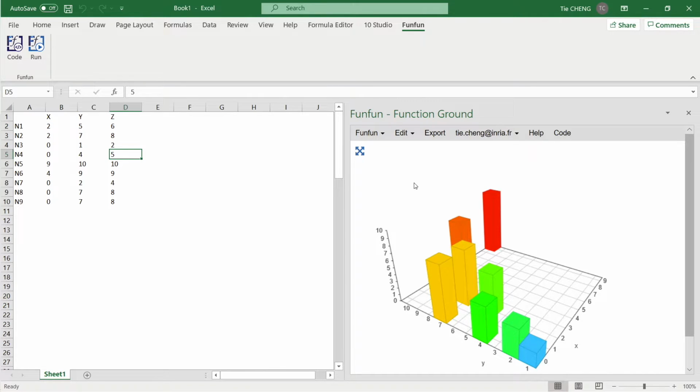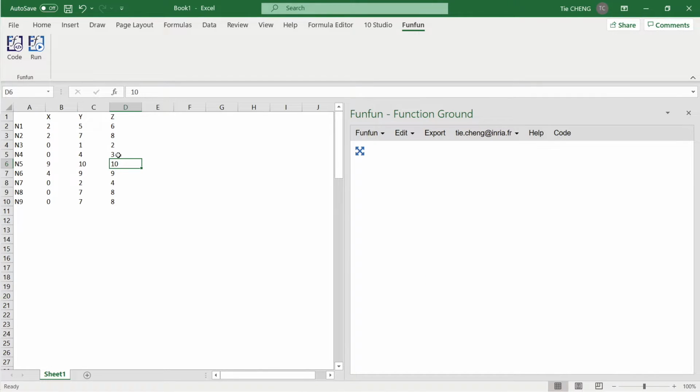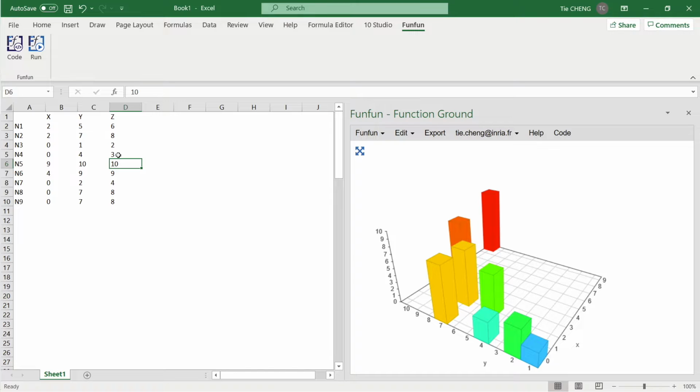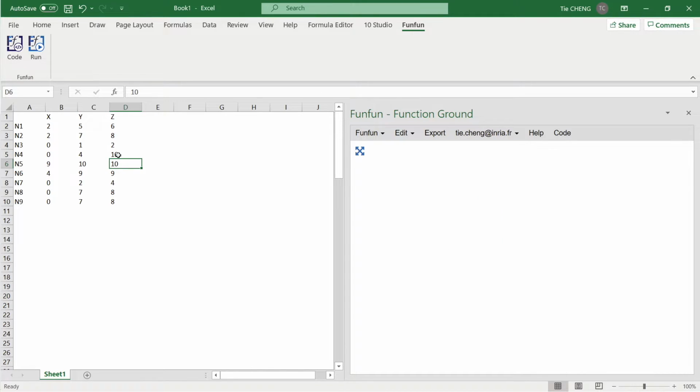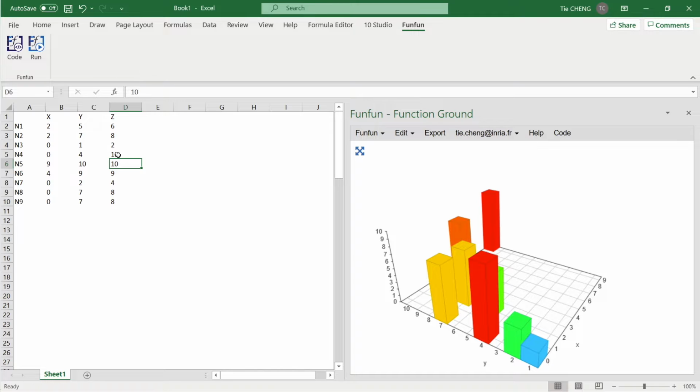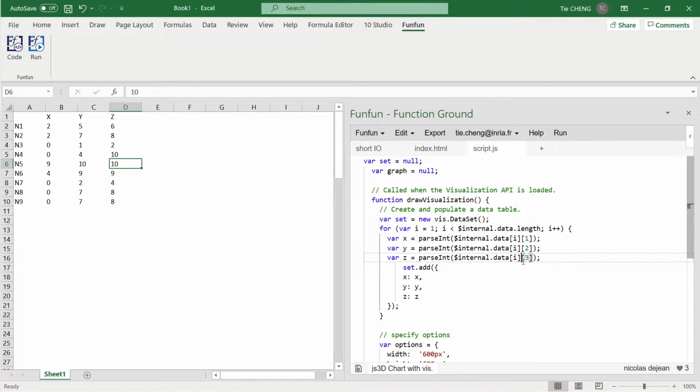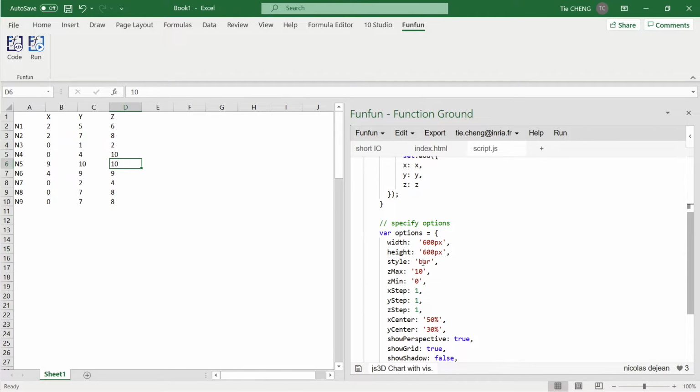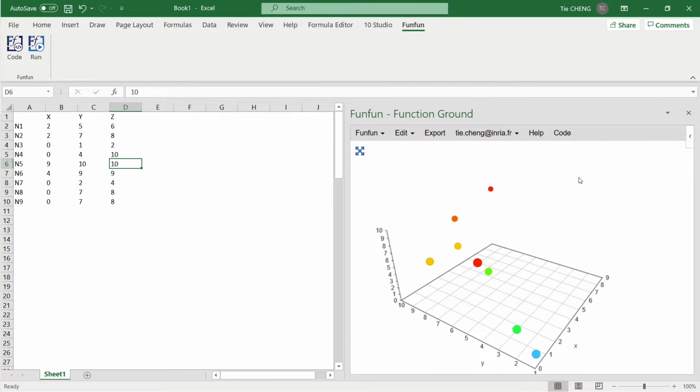And now if we modify the data here, the chart is automatically updated. And if we modify the code, for example here, we say dot, and they are not bars anymore, they are dots now.